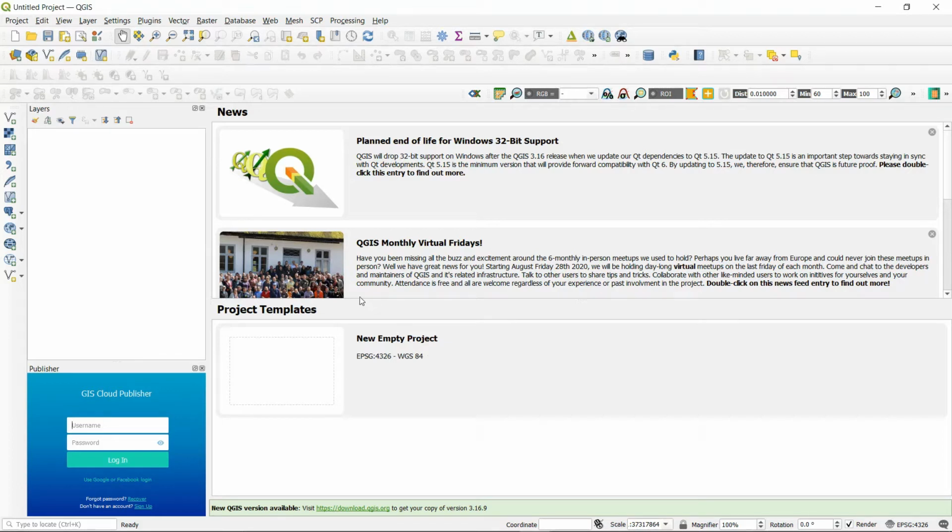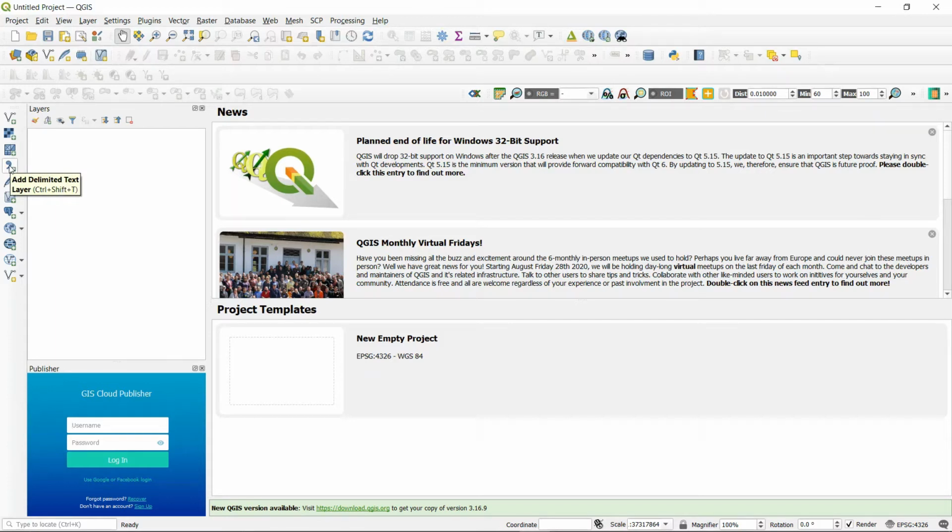So as I said earlier, we have number one, which was the layer panel, or sometimes called the layer list, where a list of your layers will be observed. To add layers, you can see here there is an option for add vector layer. We have an option to add raster layers, and as I said, as you hover on a specific icon within the software, be it a tool or an initiator of a certain task, you get some information. For instance, as you can see, if I go here